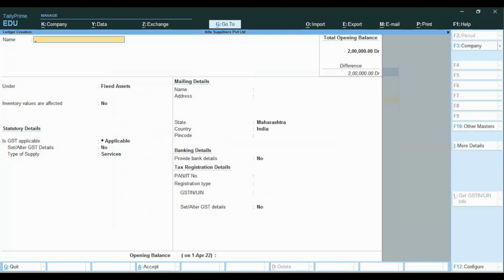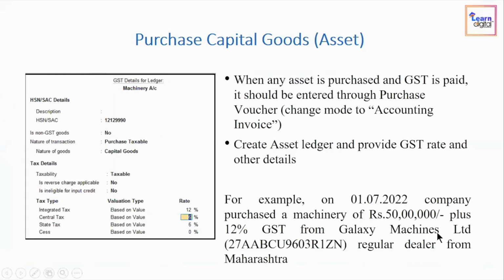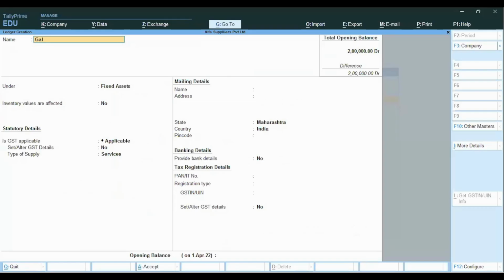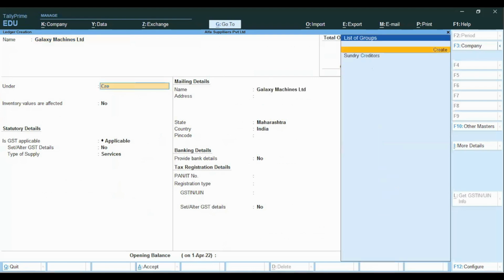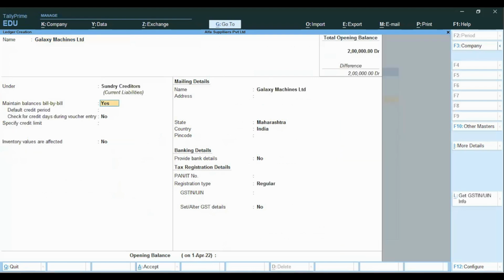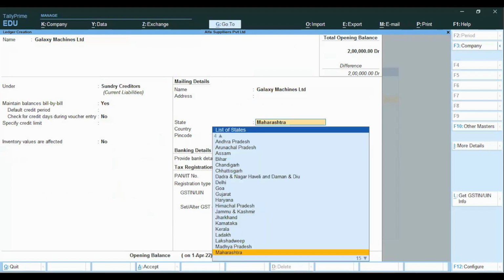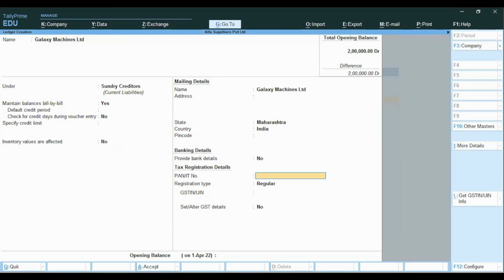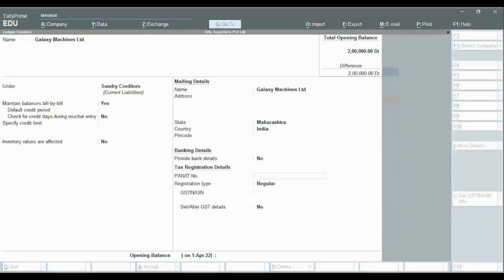Next is ledger of the creditor. So Galaxy Machines Limited is the creditor. Galaxy Machines Limited creditor it is. So select the group as sundry creditor, and we have to provide the details. The state is the same state, Maharashtra, and PAN number is